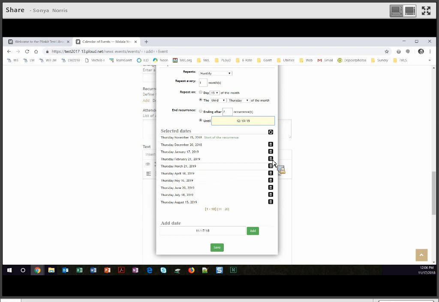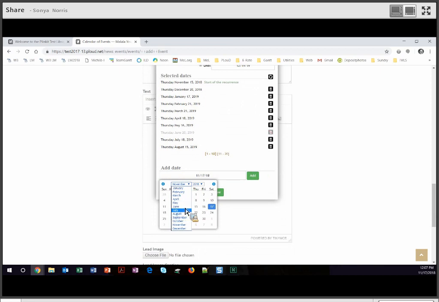Now beneath that, I have an additional feature for the calendar. I can exclude certain months and add in additional dates. Let's say that both the board president and the board secretary are going to be in Jamaica on June 20th, 2019. They're going on vacation. We're going to exclude that date, but we are going to add in,